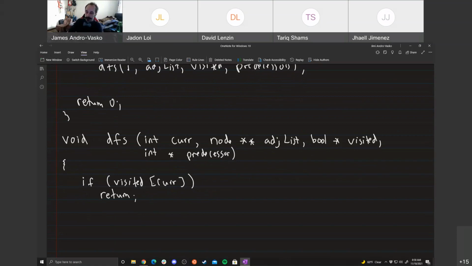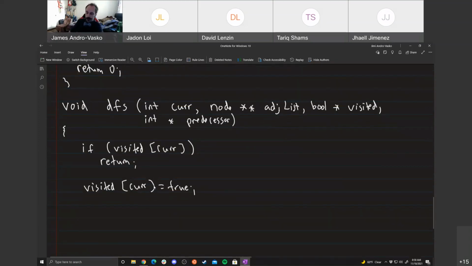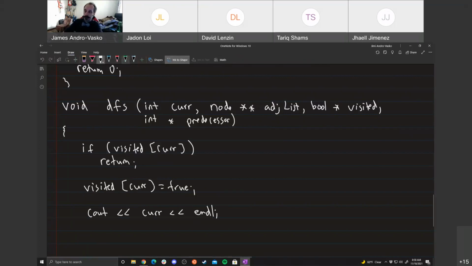So if we haven't been to this node, then I'm going to mark it as visited, which means that we've already explored, we've already been to this node before, so there's no need to go back here ever again. And then I'll go ahead and I'll cout cur,